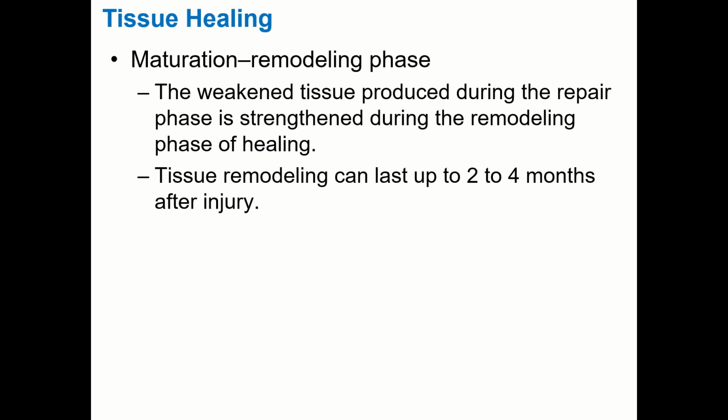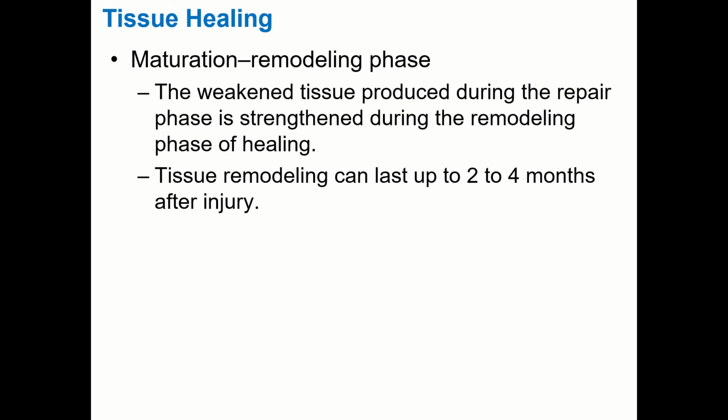And so essentially what you're trying to do in the maturation remodeling phase is, in the fibroblastic repair phase, again, you have all this relatively weak type 3 collagen that's not aligned along the lines of stress. So it's transverse to a ligament that is maybe sagittally oriented. And so with some loading of the ligament, then those collagen fibers will start to realign along the lines of stress. And so that's what we're doing both in the fibroblastic repair phase, but also particularly in the maturation remodeling phase.